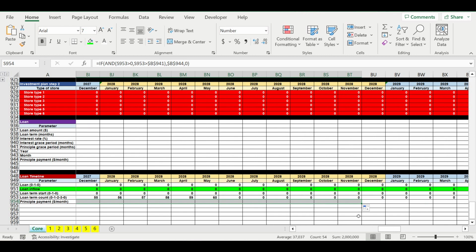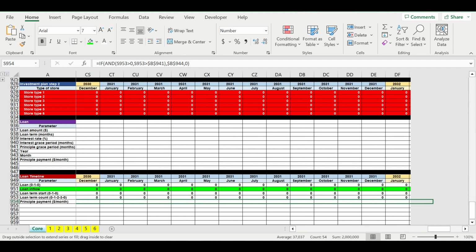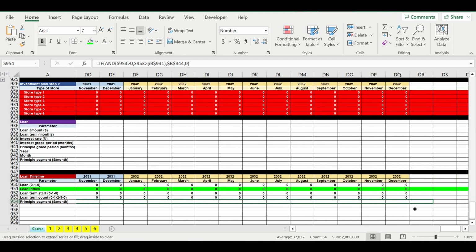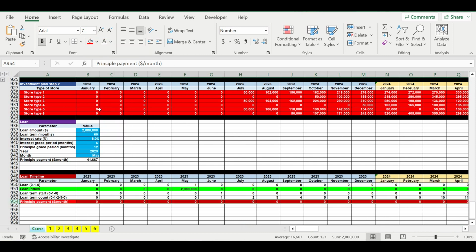So the totals, we can see $2 million. So this line will later go to the cash flow statement. This is outflow, so we're coloring it with